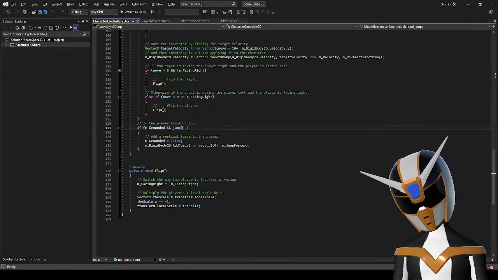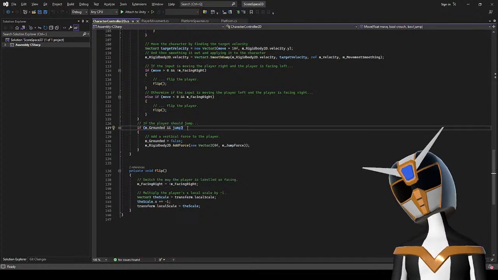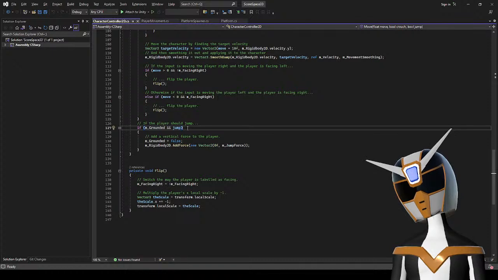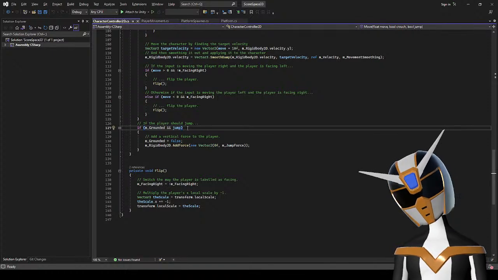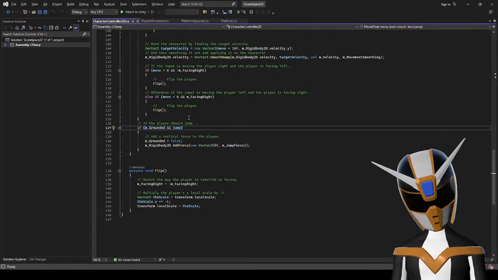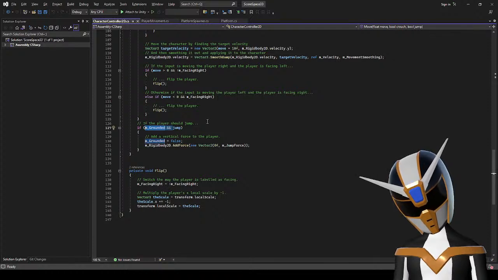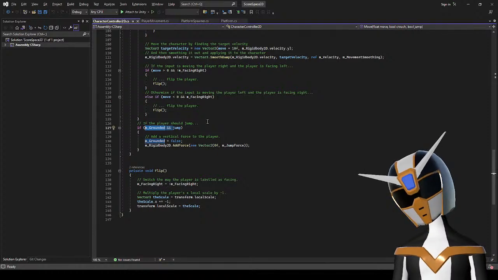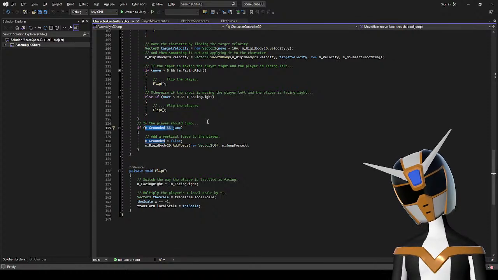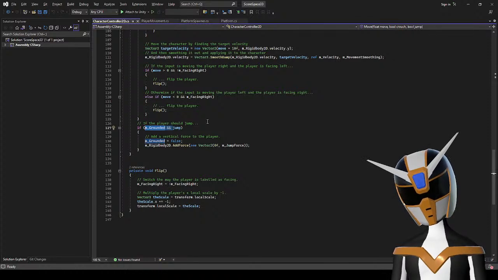Jump. Am grounded, I think. I think I just want to remove that, don't I? If m grounded. I think if I just remove that, that will make everything work.